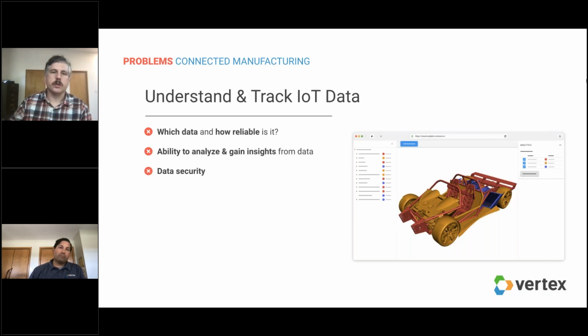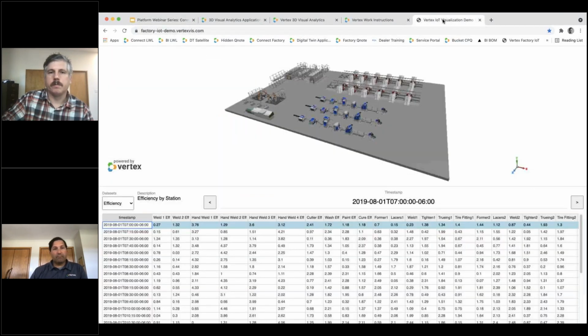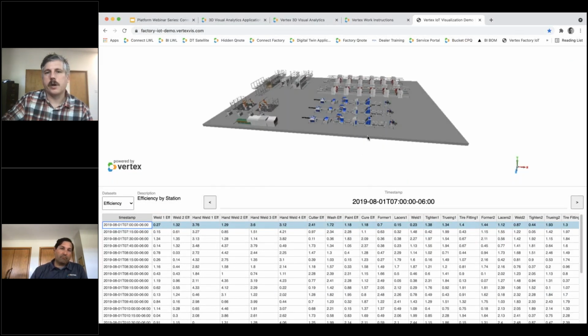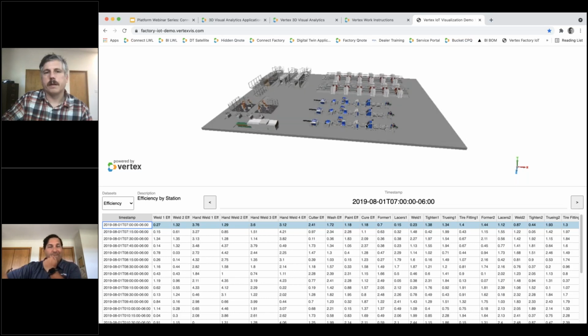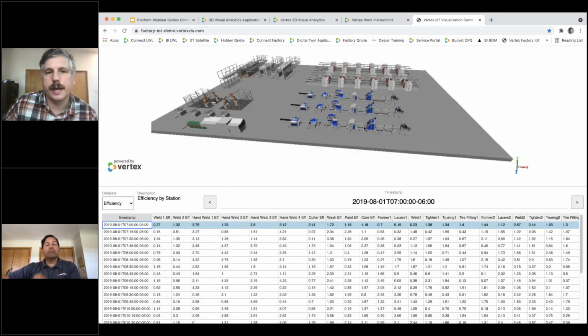And so what you can do with that is, again, tie that back to either the actual factory or back to the product itself. I'll show a couple examples of that here. I'm just going to pull up this lightweight factory example that we created. So imagine here's your shop floor modeled. And by the way, I know there are a lot of companies out there that would like to have their entire factory modeled in 3D. I know that's not always the case, but